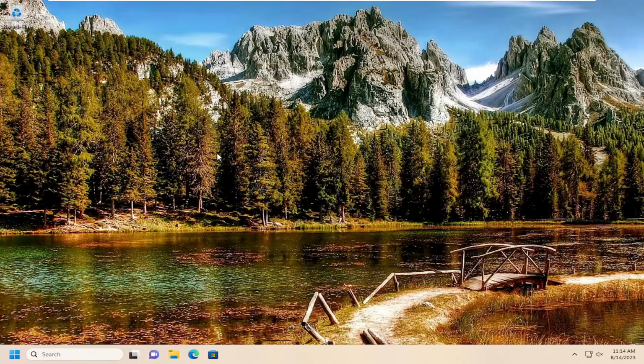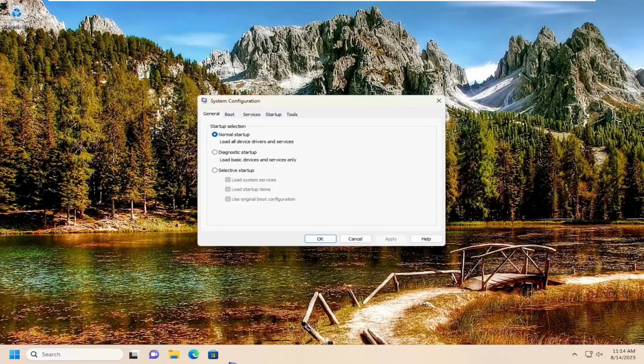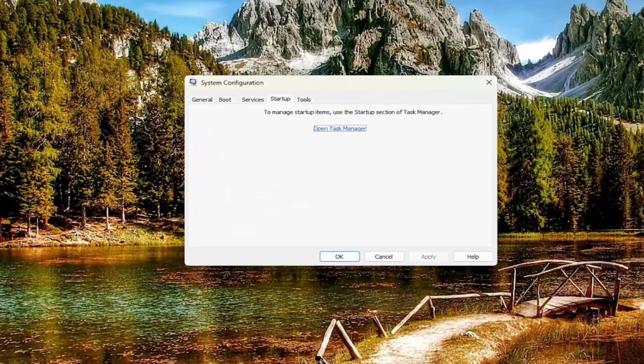And then something else we can try here as well would be to disable different startup programs that start up when our computer boots up. So if you don't need certain applications to run every time your computer turns on, while not necessarily disabling it or removing the programs in question, I'm going to show you guys how to do that as well. So you want to open up the search menu, type in msconfig, best match, or go back web system configuration. Go ahead and open that up, and then select the startup tab,